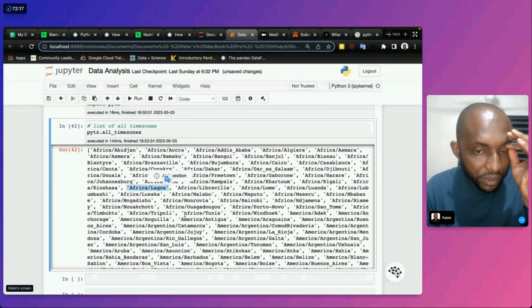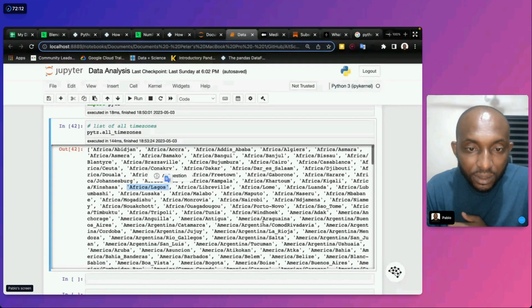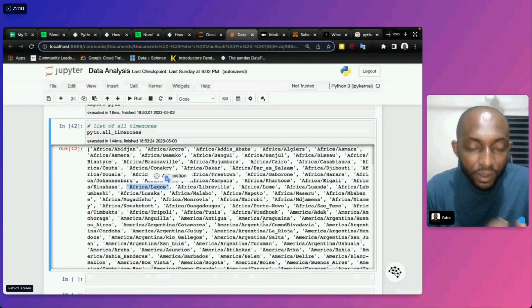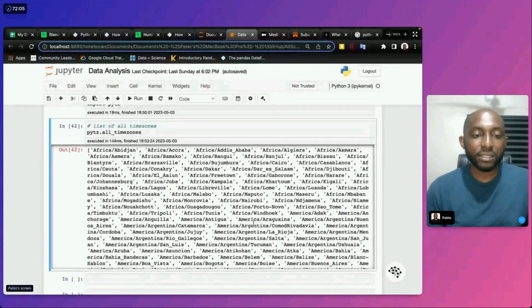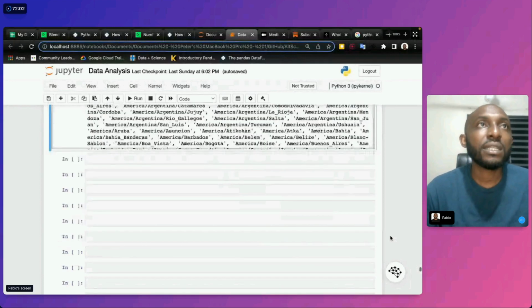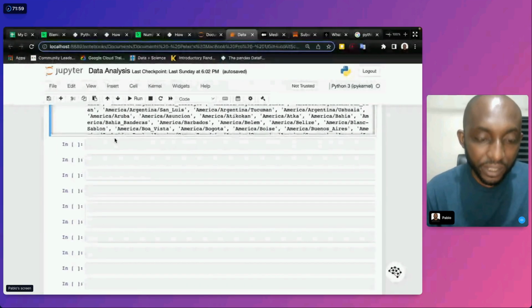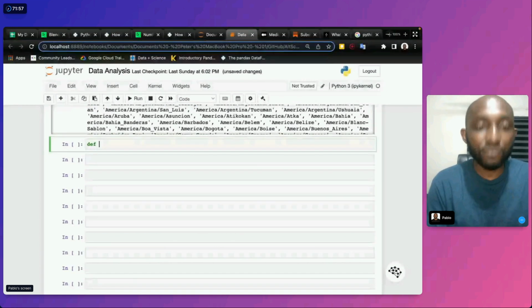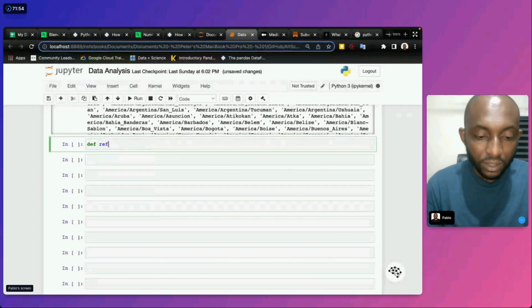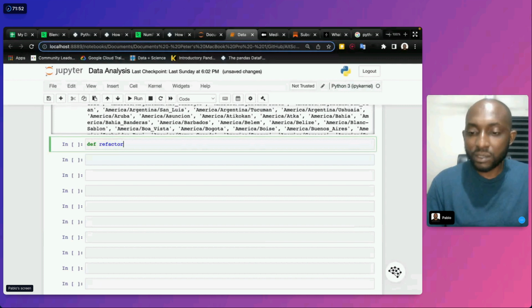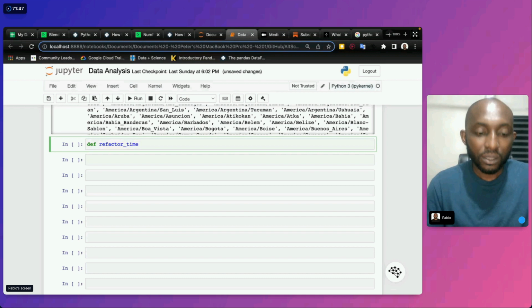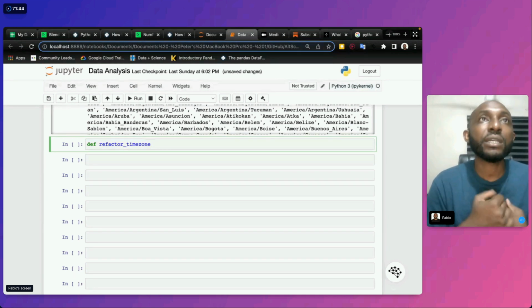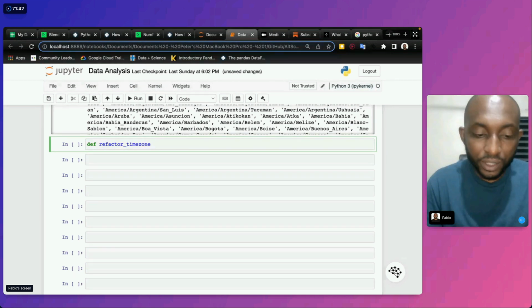Yeah, for different people in different places, you'll be taking different time zones, right? So that's the time zone I'll be taking. Now, the next thing I want to do is, because I want to refactor it, we're going to have this called refactor. Again, all this code we are writing is in the material that I shared with you guys, so you can always check them out. Right, but here's how these explanations now work.